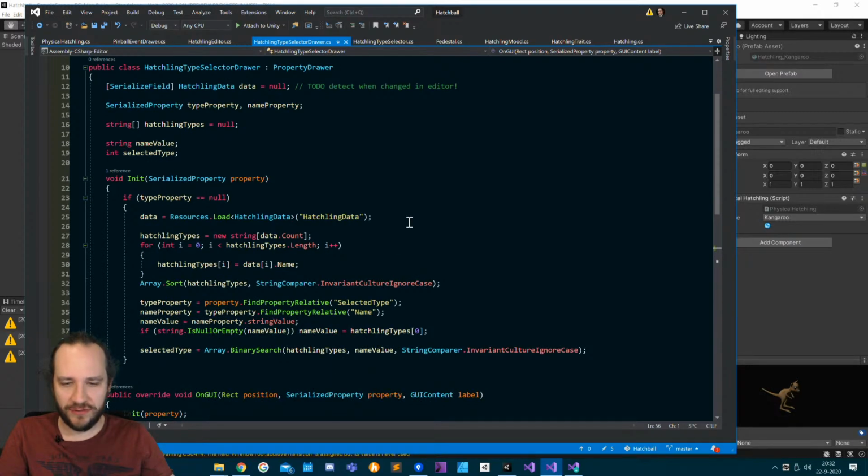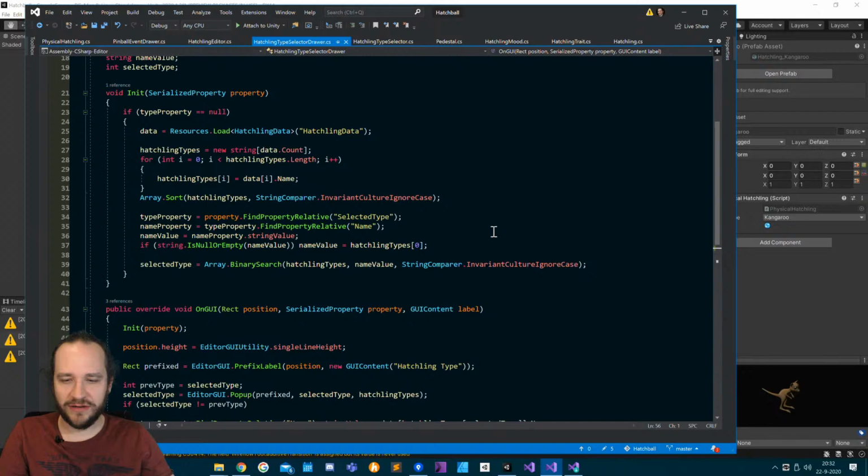Which leads me to think that, in fact, the hatchling type selector should only store a string,